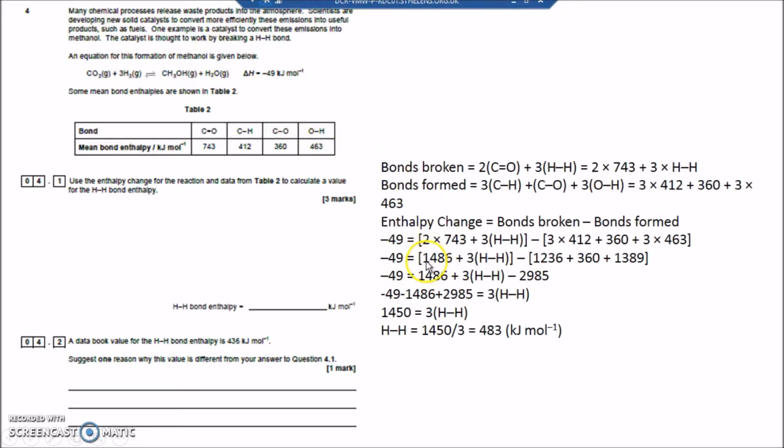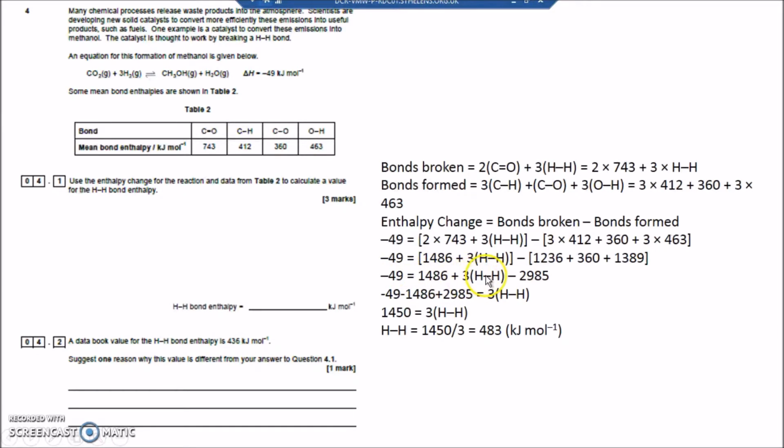So minus 49 is 2 times 743, add the 3 H-H bonds that I don't know, take away, so I'm subtracting the values of the bonds that are formed. So bonds broken take away bonds formed. So I've got 3 times 412 are my C-H's. I've got carbon to oxygen, which is a 360. And then I've got an O to an H, and I've got 2 more O-H's here. I've got 3 times 463. And if I resolve all that, minus 49 is